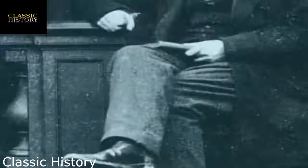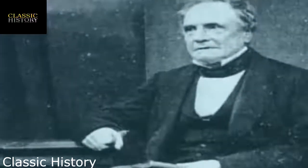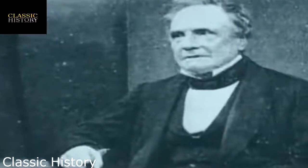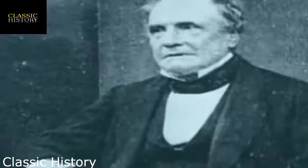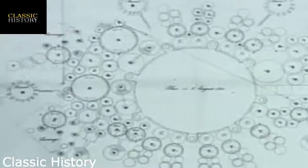Babbage was obsessed with his new idea. With the analytical engine, Babbage asked himself, why not build a machine that could solve any mathematical problem? At the age of 43, Babbage had the vision of a computer, a vision he pursued for the rest of his life. The extraordinary fact is that Babbage's overall design for the analytical engine had many components analogous to those